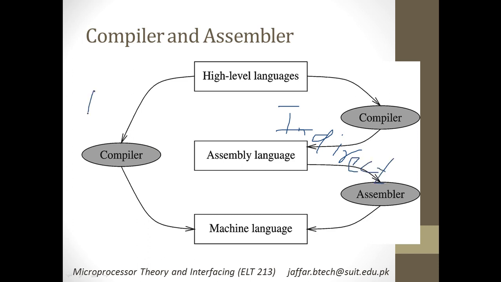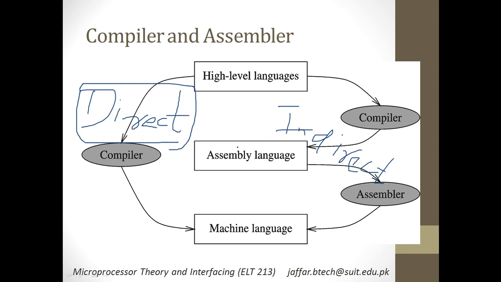And this is your direct path. Now here comes a kind of question: if you can have a direct path, why do we need an indirect path? So this question is basically your bonus question, and I will answer that. If anyone doesn't answer in the class, I will give you the answer, and then you will have to ask me this question, that why do we need a direct compiler, an indirect compiler, this route,